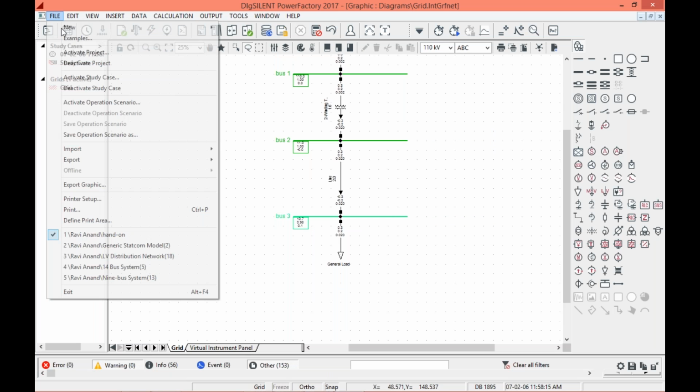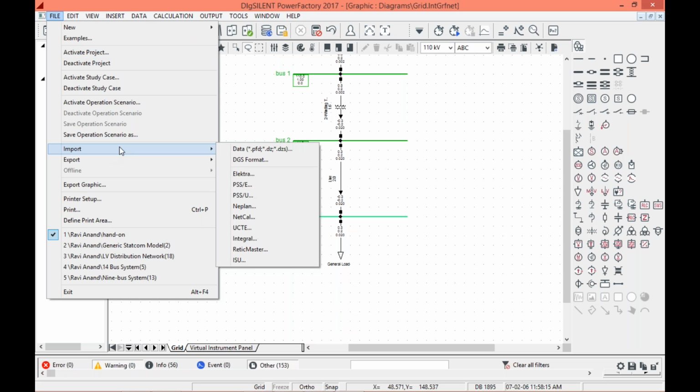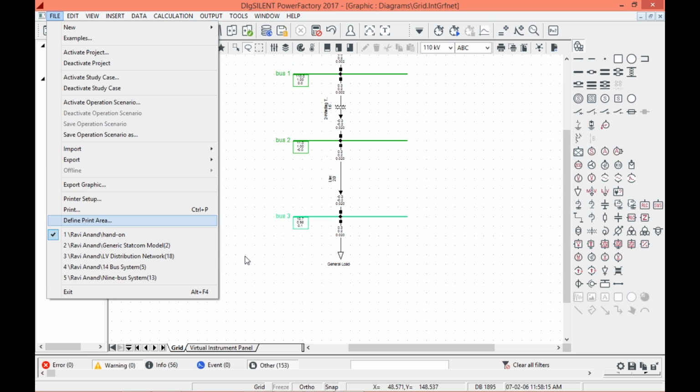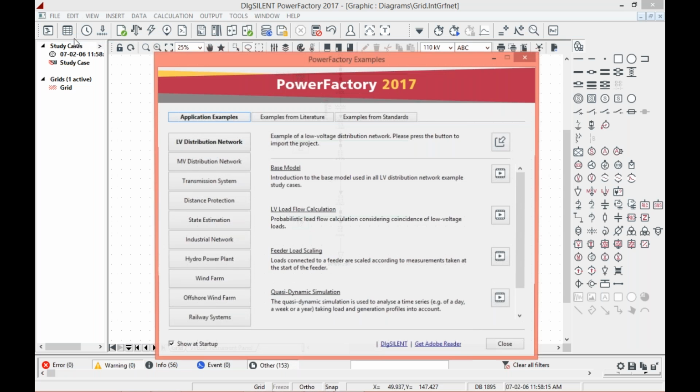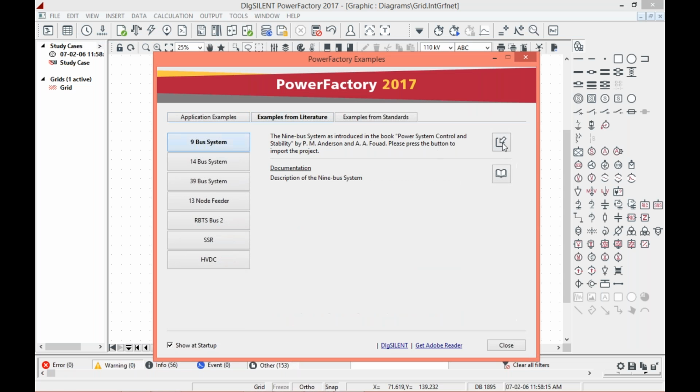And I already showed you how to import data. If you have downloaded any PFD file from the internet and want to analyze it, you can import those files into PowerFactory, run them, and see the various changes you can make. One more thing, let me show one small example, and after that,